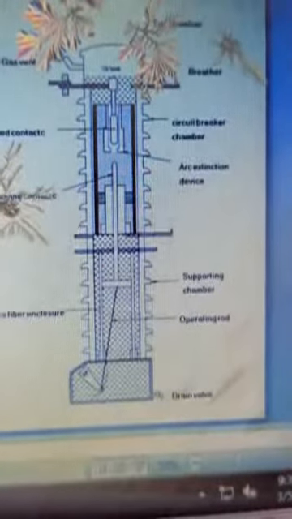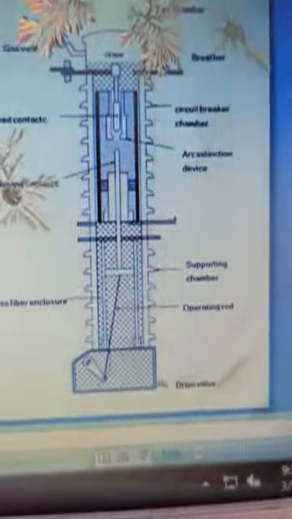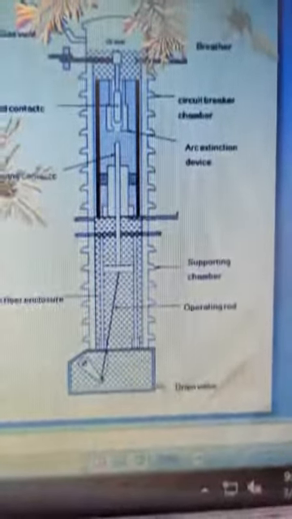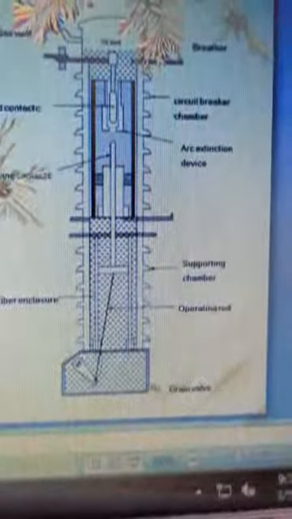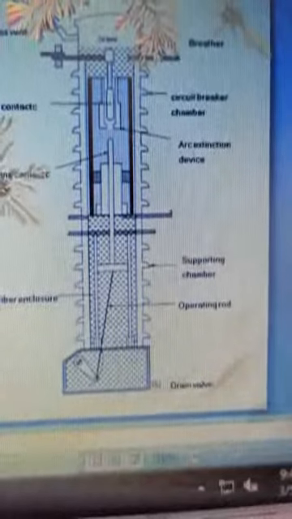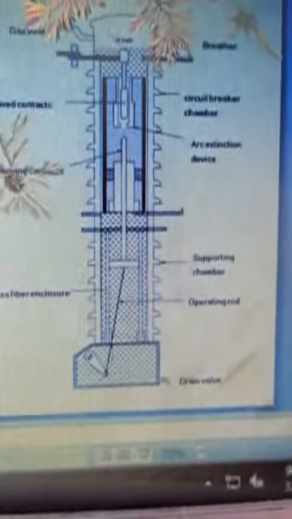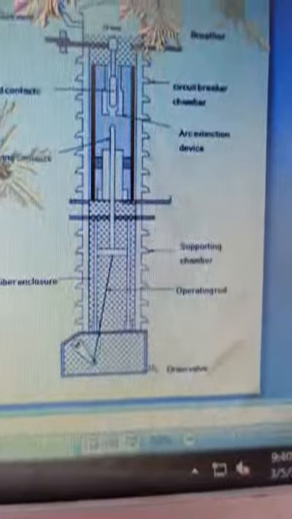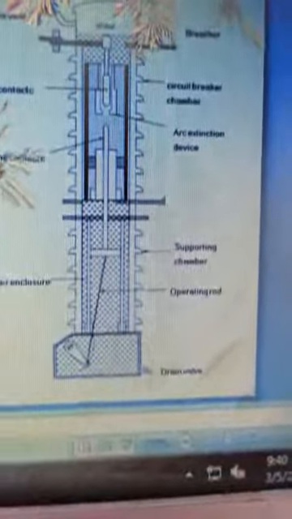After the final arc interruption at current zero, arc control devices are fitted to the fixed contact of the minimum oil circuit breaker. Arc control devices modify the behavior of circuit breakers. These are enclosures of dielectric material fitted to the contacts in the circuit breaker, so that the actual contacts are separated in the cavity of the device. At current zero of the waveform, the arc diameter is very small and the gas flow is able to interrupt the arc. The interruption of the arc stops the generation of gas and flow of oil.